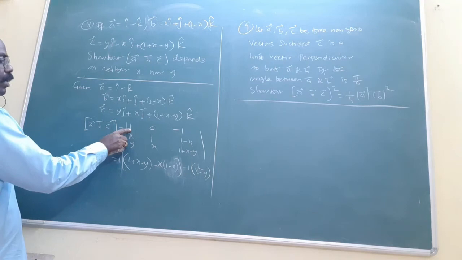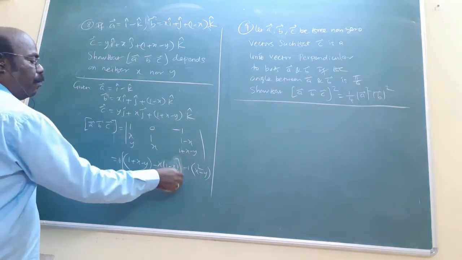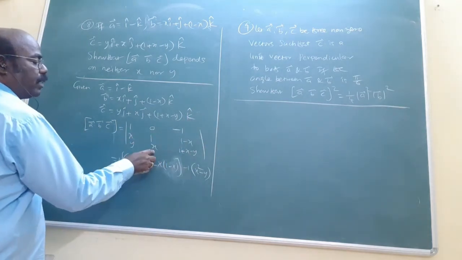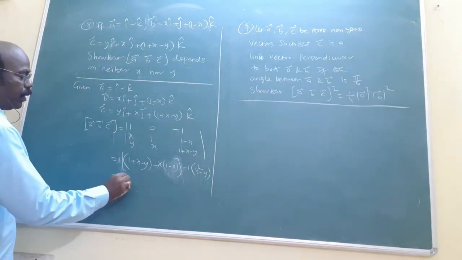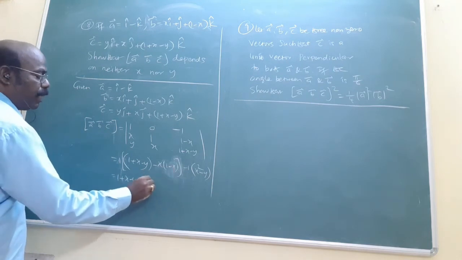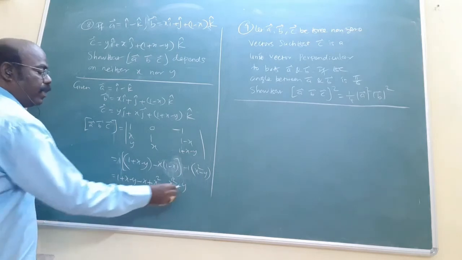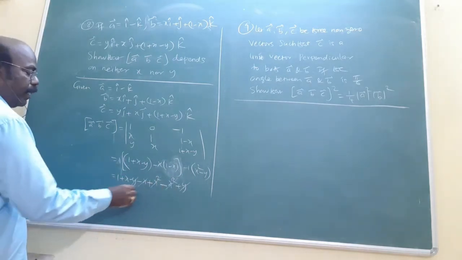The 1 into this, into this, minus this into this, minus 0 is 0, right? The last one is minus 1 into x into x square minus y into 1. Now simplify: 1 plus x minus y. Multiply minus x into minus, plus x square. Then minus x square plus y. The plus y and minus y cancel. The x square and minus x square cancel. Minus x and plus x cancel.